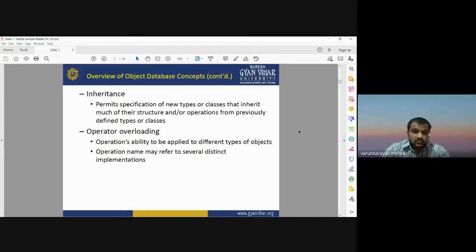It's not that you need to apply only one operator. You can apply different operators depending on different types of objects, because in a video, a photograph, or an image, there may be different kinds of objects. Like if you are observing a photograph, there may be some trees, some vehicles, some humans, and other objects in the photo. So depending on the different types of objects, you can apply different operators. That is an important benefit of using an object oriented database.